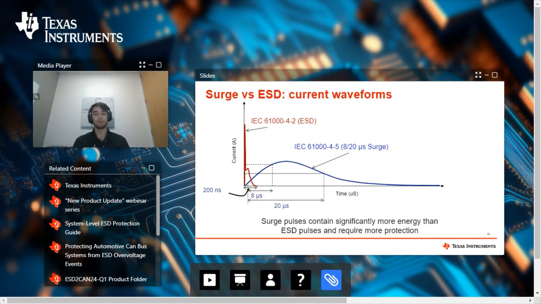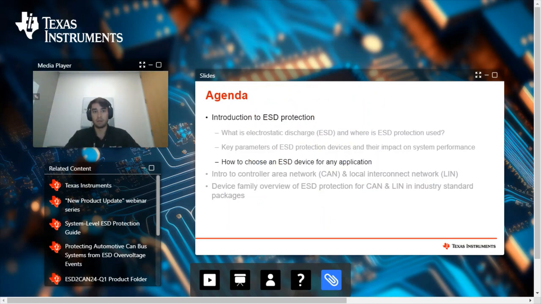To accurately model ESD strikes, the International Electrotechnical Commission, IEC, created a more rigorous standard called IEC 61000-4-2. And this pulse will have a much higher peak and a faster rise time, as well as a longer pulse duration than HBM and CDM, which will be much more strenuous. And moving on to ISO and IEC ratings, ISO is just going to be an automotive standard, very similar to IEC, and the main difference is that the coupling networks in the ESD gun are going to be different.